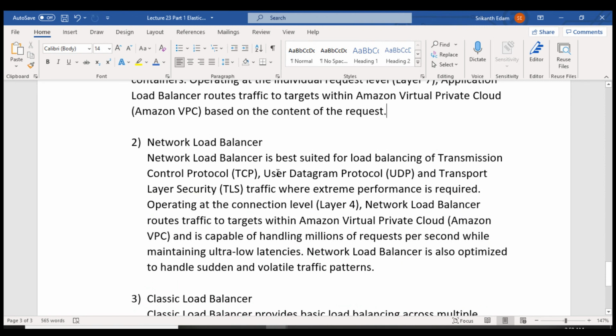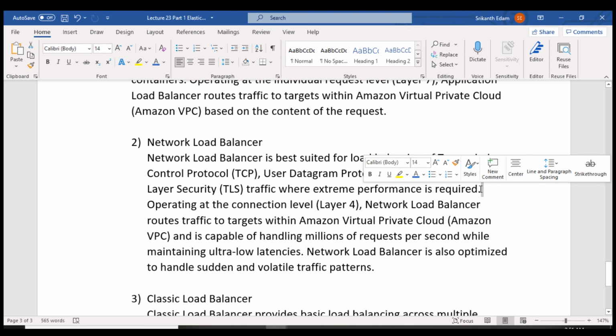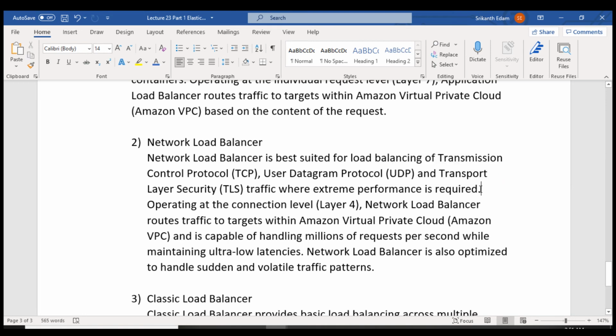Network load balancer is best suited for load balancing of TCP, UDP and transport layer security traffic where extreme performance is required. Here network load balancer is used when your target is an IP address. With EC2 instance it is the host name, but here in network load balancer we are using the IP address. In case you want more performance, then you can configure the network load balancer. Operating at the connection level, network load balancer routes traffic to targets within Amazon VPC.